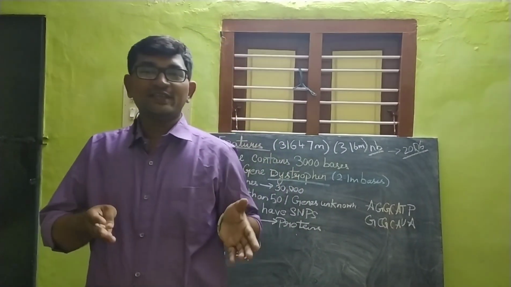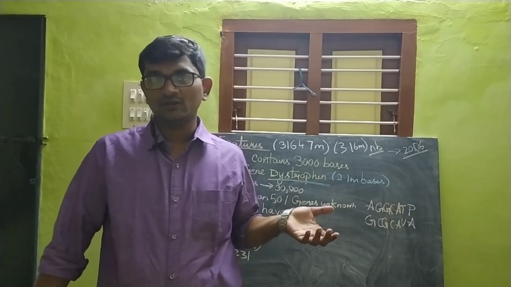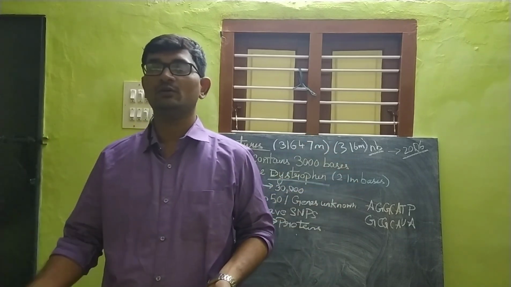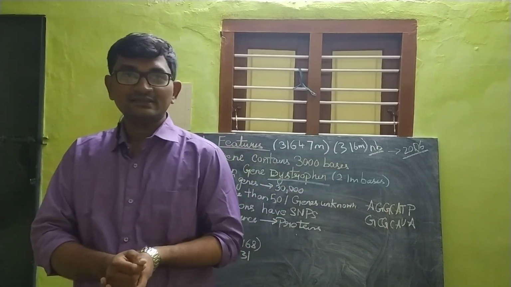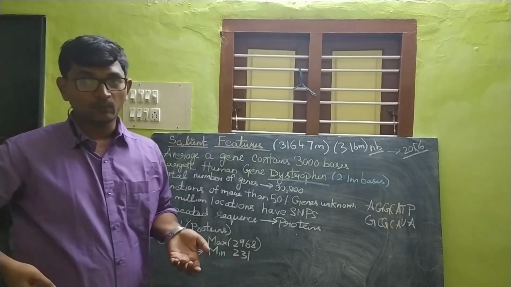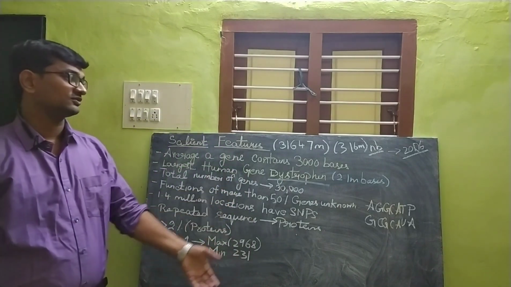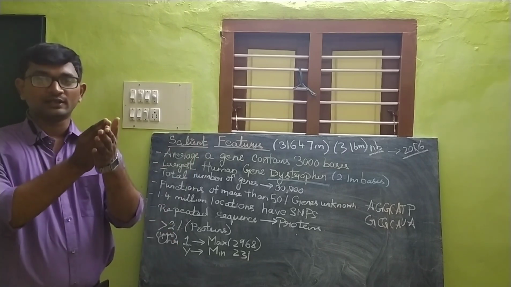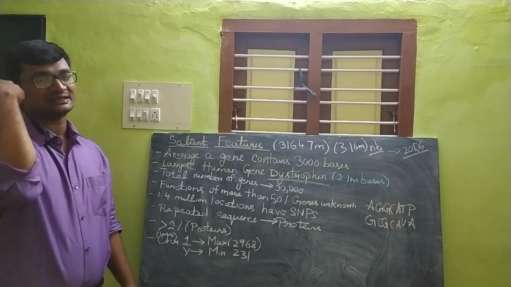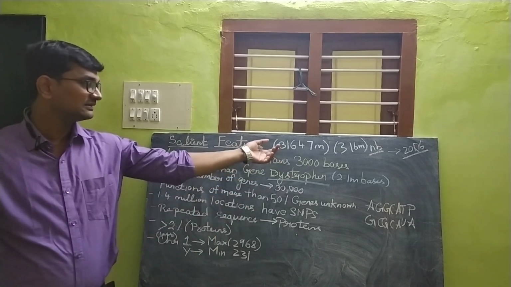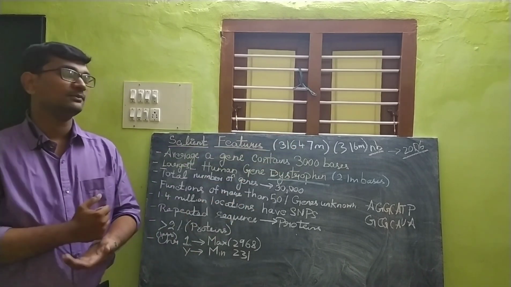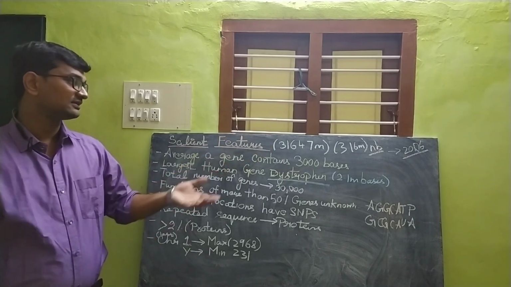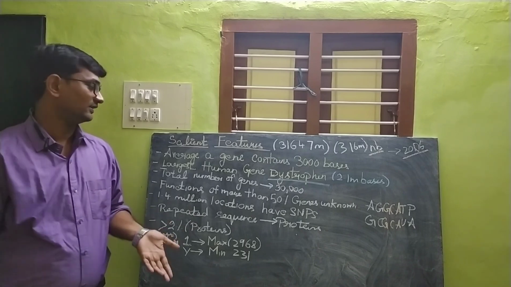So the last topic that we are going to see in the Human Genome Project is the different salient features of the Human Genome Project. So what are salient features? The important features of the Human Genome Project. Suppose you start thinking about the Human Genome Project: the number of nucleotide bases that is actually known or calculated is 3164.7 million nucleotide base pairs. So that can be rewritten as 3.16 million base pairs.